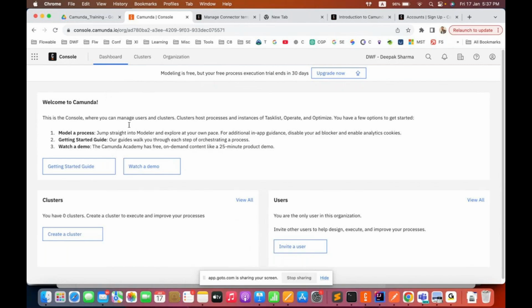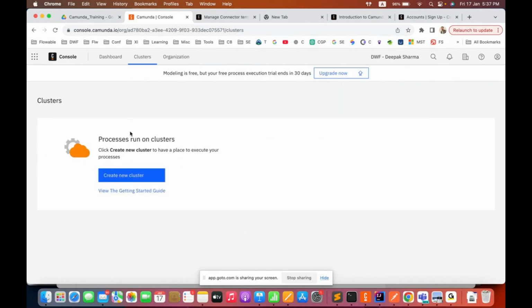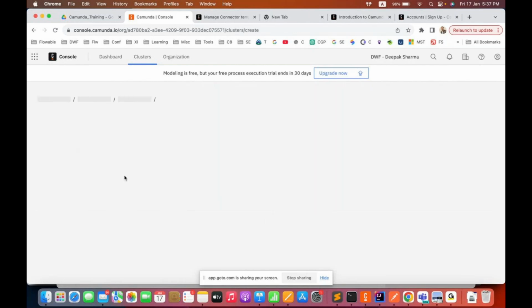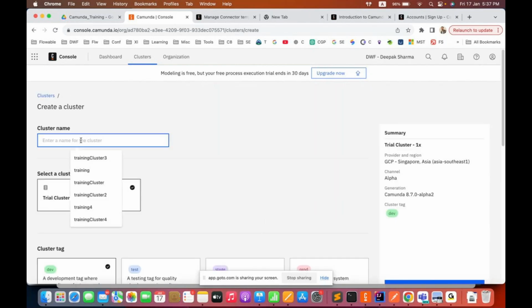But most importantly, as it's SaaS based and in the cloud, you have to first create a cluster. Cluster is a kind of machine which will be allocated to you to work upon. So it's very simple. When you click on the create new cluster button, just give any name. We can give learning,